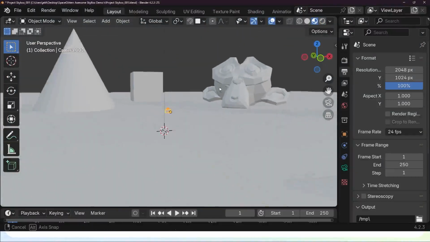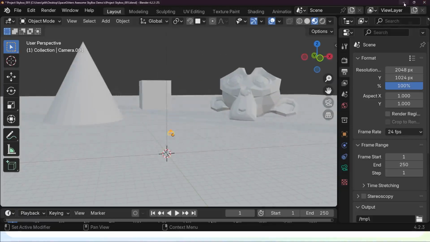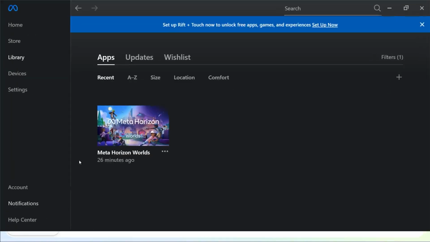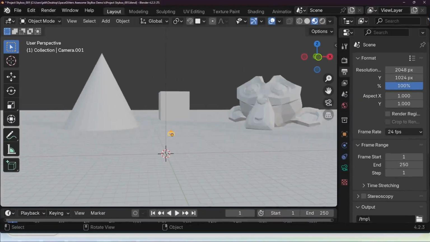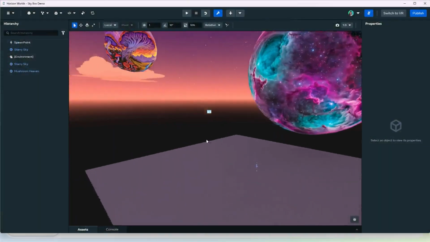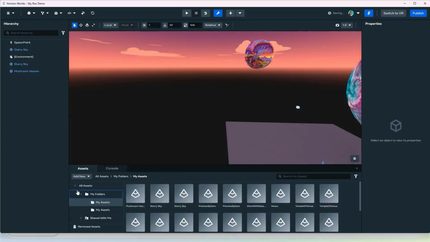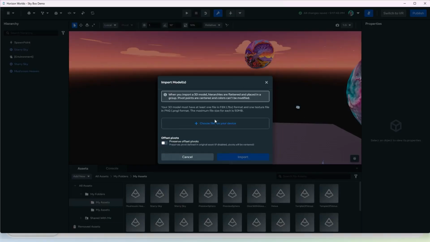All right. So now there are so many things you can do with this. So I'm going to go ahead and open up Horizon. Oh, I'm so silly. I need to make my inverted sphere too. I'm going to make that really quick now. I'm going to go ahead and click on Assets, Add New, 3D Model, turn off those offset pivots because you